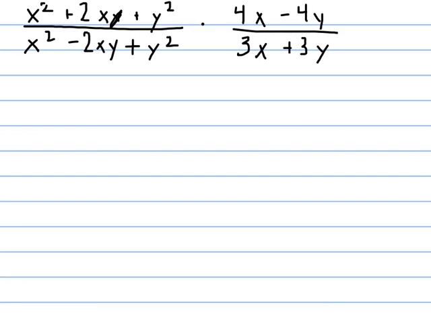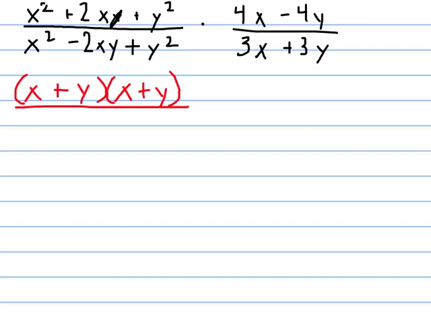Let's look at one more example of that type of problem. Here's my problem: x squared plus 2xy plus y squared over x squared minus 2xy plus y squared, times 4x minus 4y over 3x plus 3y. So let's first factor. I have here x plus y times x plus y, or x plus y squared. Doesn't really matter how you write that. And then in the bottom we have x minus y